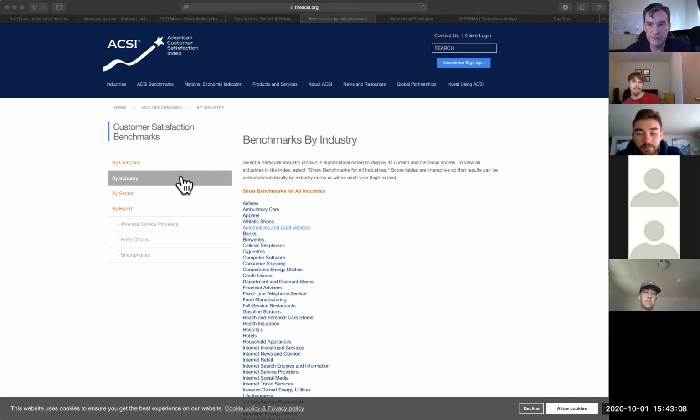Cadillac, Volkswagen, Subaru, Infiniti, the expensive lines of Nissan, Honda. But if you go to Nissan, it's down, down, down. And you can pull it by years. So I think it was 2006, 7, when it was given to Renault. You can tell when Nissan was given to Renault, because they were on the top segment in satisfaction.